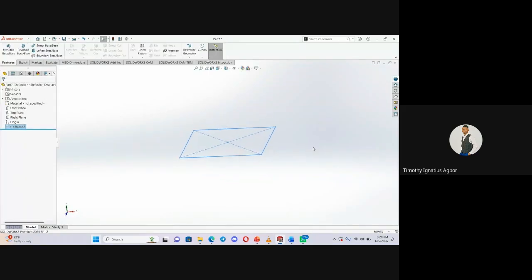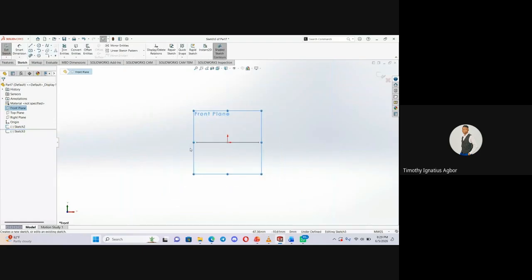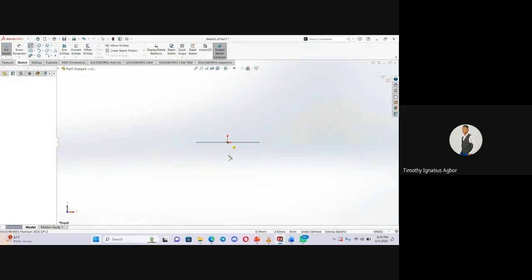Now, my chimney, some chimneys are rounded. You understand? They are curved, I mean. So I will have to define the boundary of this chimney, how it's going to curve. So I can come to the center, the mid plane, the right plane, or the front plane of this to create another sketch that will show me the profile of this chimney, how it's going to move. So I click on this center,